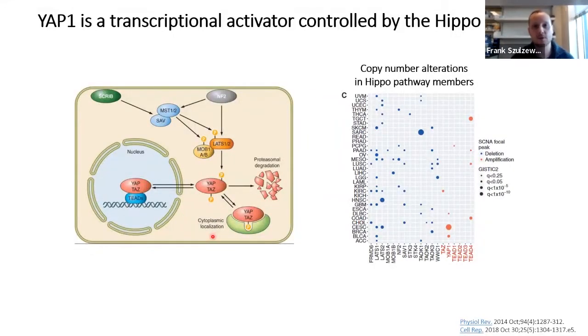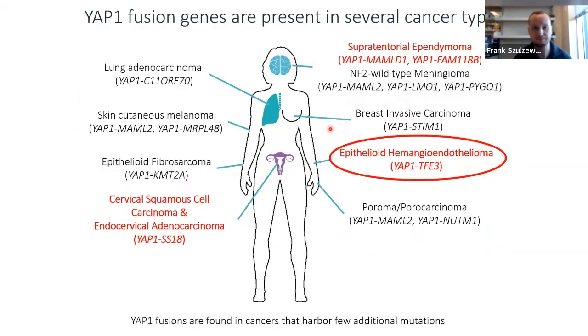So YAP1 is a transcriptional co-activator that is controlled by the Hippo signaling pathway. And the Hippo pathway is a series of serine threonine kinases that ultimately phosphorylate YAP1 and also TAZ on several serine residues and control its activation by both cytoplasmic retention and also proteasomal degradation. And activated YAP1 and also TAZ activity can be found in several cancers. However, this is rarely achieved by activating point mutations in the actual YAP1 sequence, but rather through inactivating mutations in the upstream Hippo signaling tumor suppressive pathway.